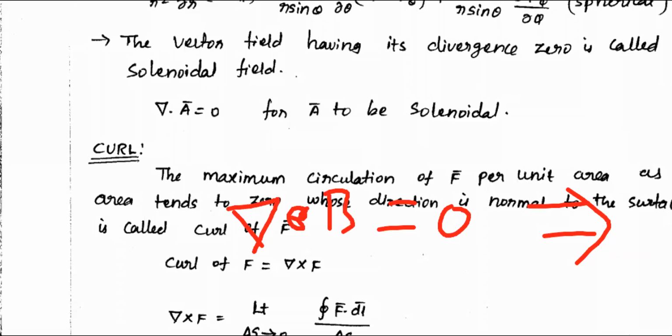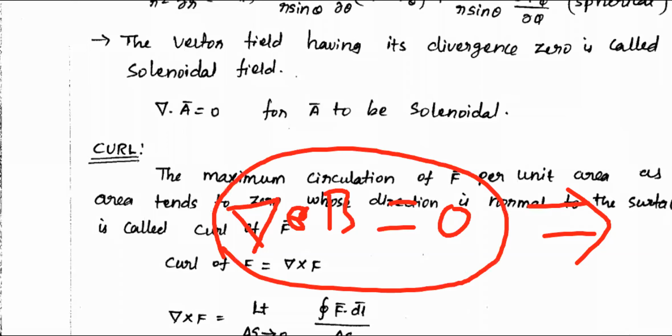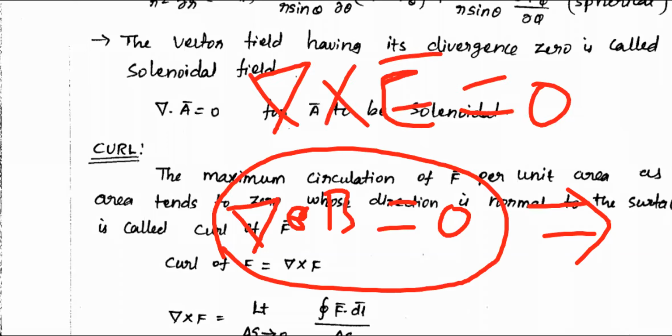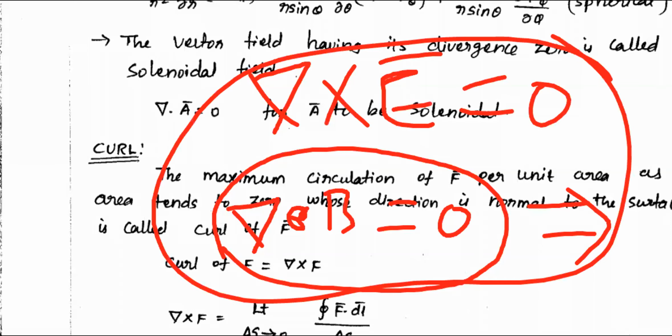Either it is magnetic or electric, but in general a magnetic monopole does not exist. That means only a magnetic dipole exists. Always N with S will exist. N alone or S alone cannot exist by nature. That's why del dot B is always 0. Similarly, del cross E is always 0. Please note down, they are just opposite to each other.